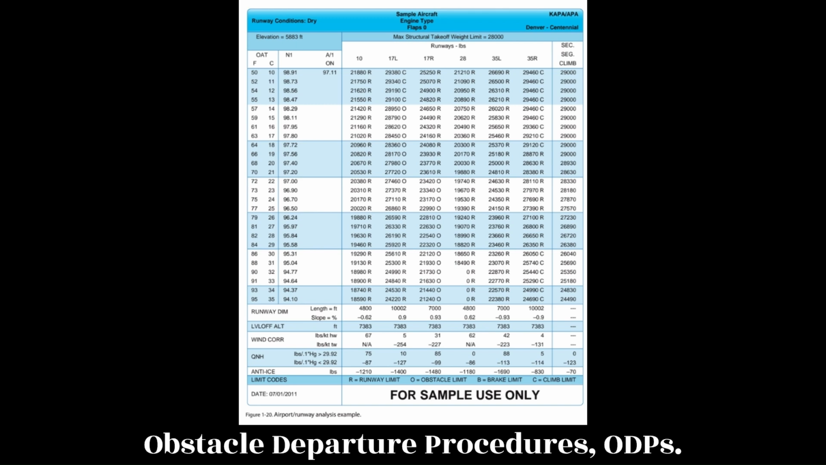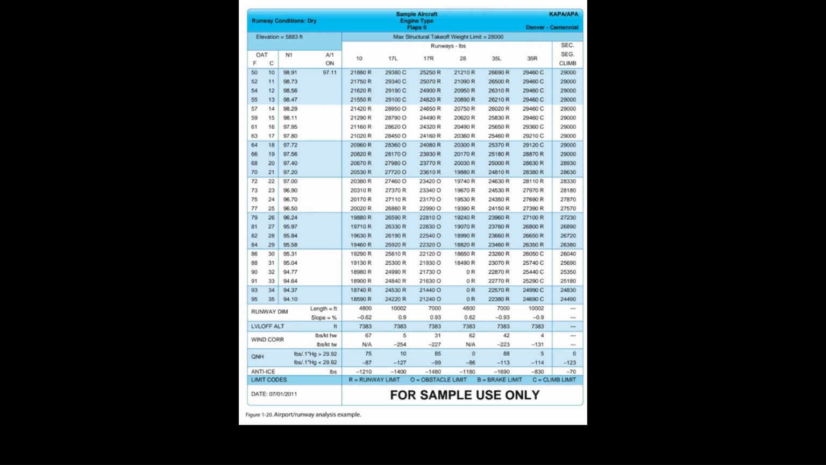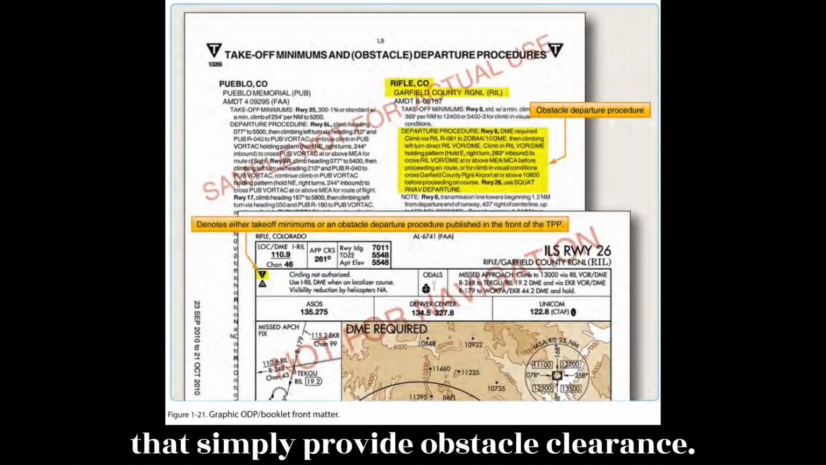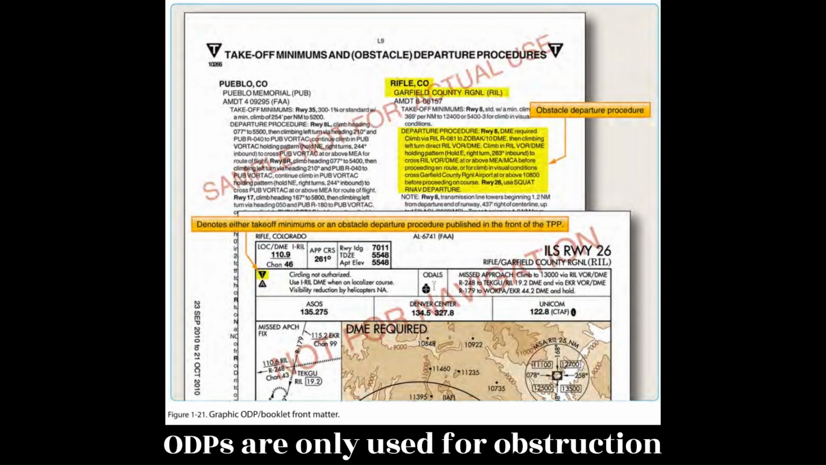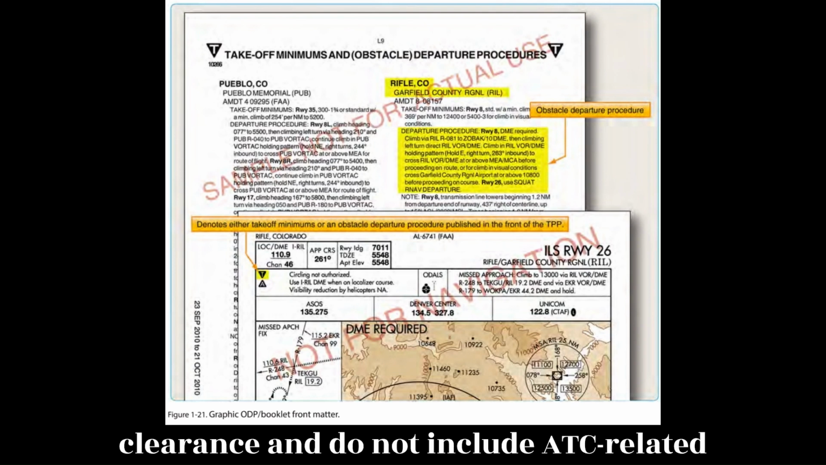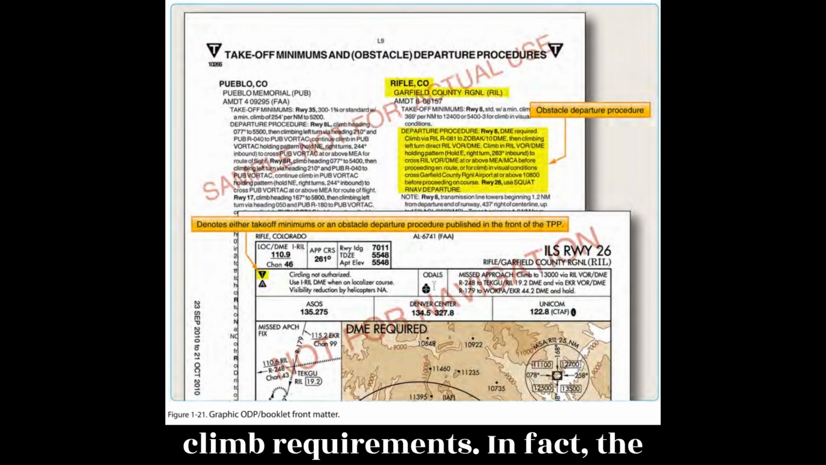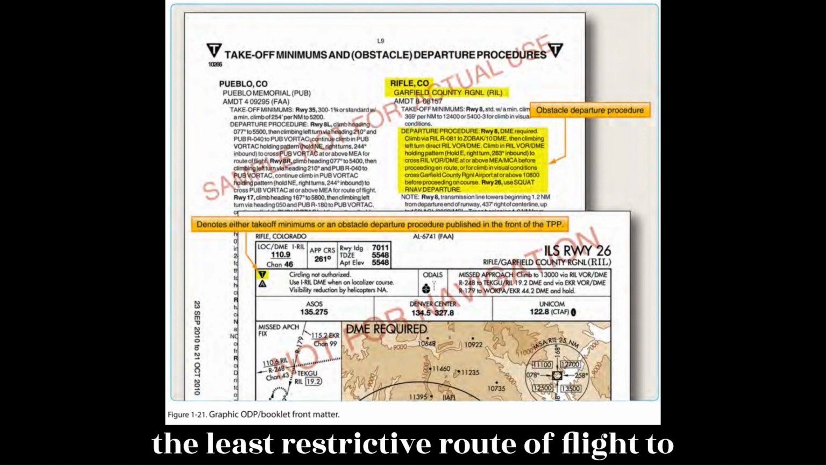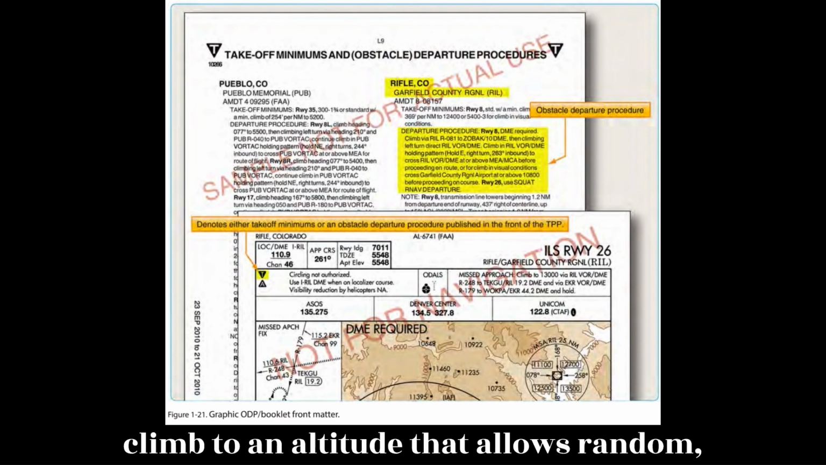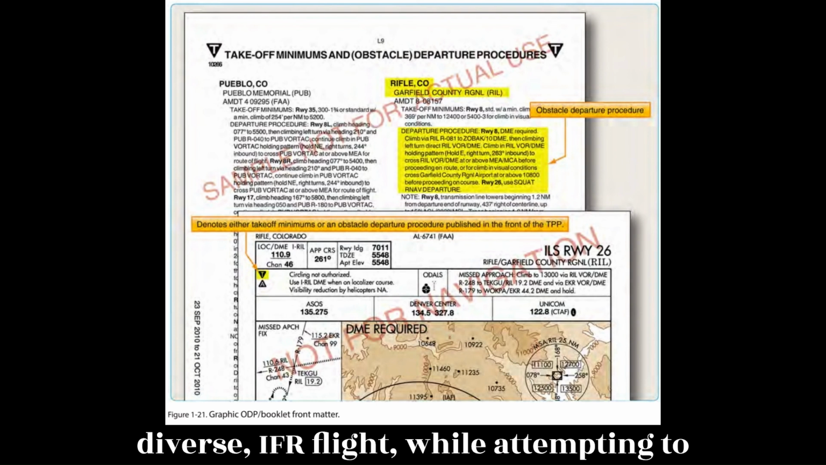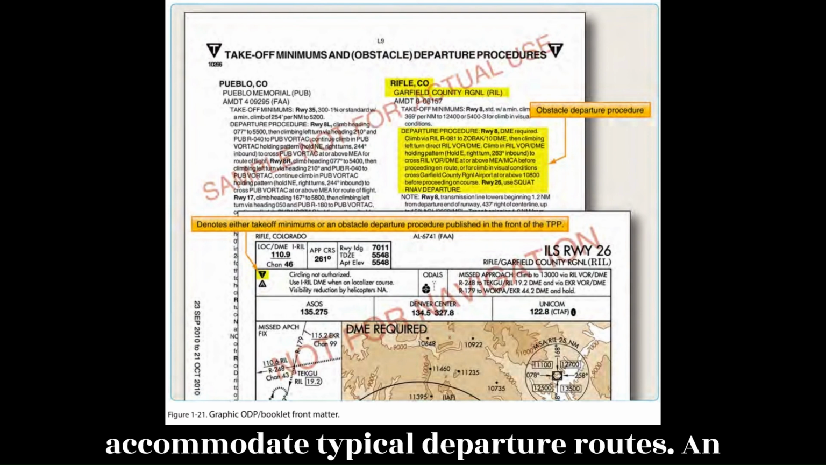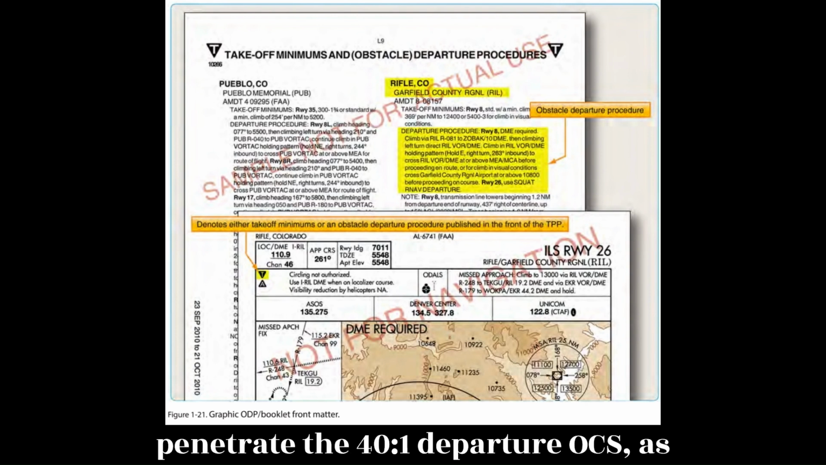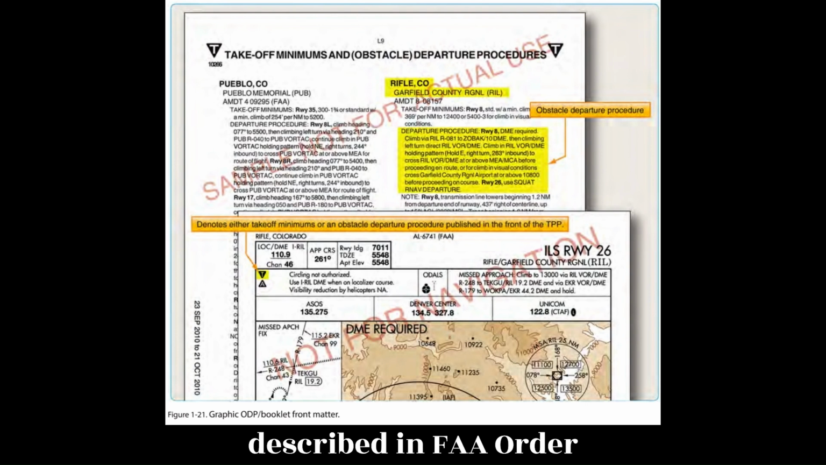Obstacle departure procedures, ODPs. The term ODP is used to define procedures that simply provide obstacle clearance. ODPs are only used for obstruction clearance and do not include ATC-related climb requirements. In fact, the primary emphasis of ODP design is to use the least restrictive route of flight to the en route structure or to facilitate a climb to an altitude that allows random, diverse IFR flight, while attempting to accommodate typical departure routes. An ODP must be developed when obstructions penetrate the 40:1 departure OCS, as described in FAA Order